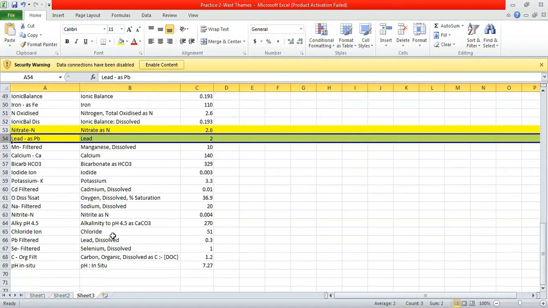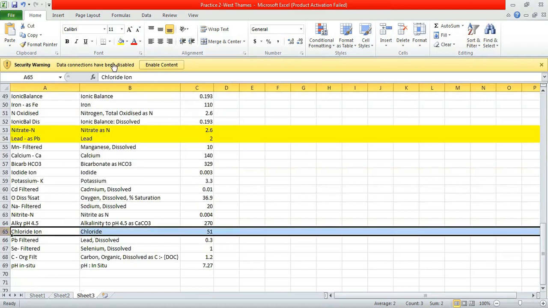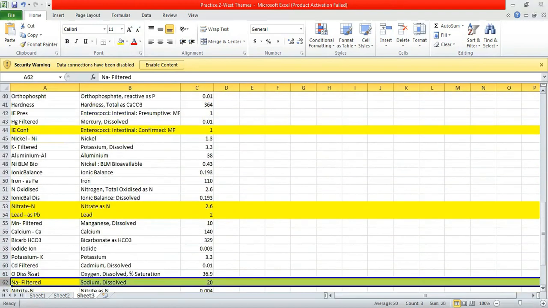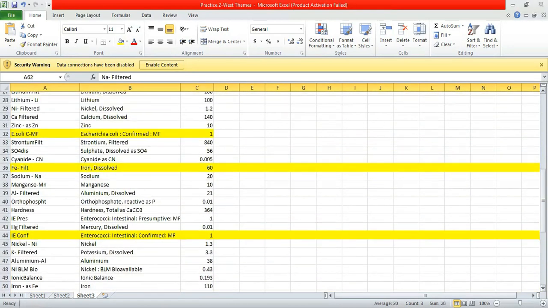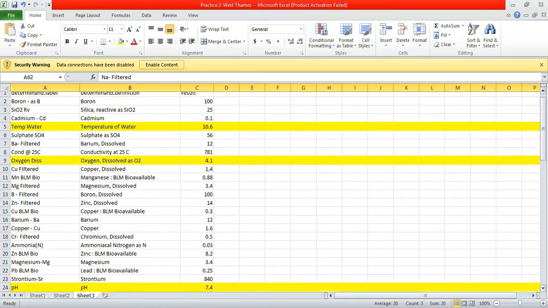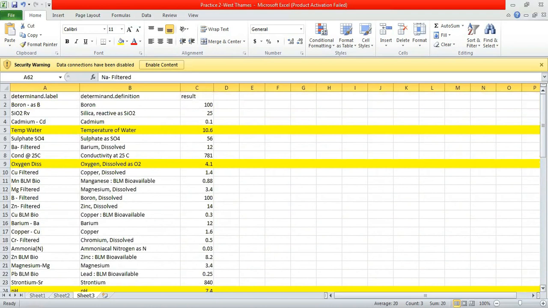Okay, we need chloride. Okay, so I think this is what we also need. Maybe we need sodium, I think. So yeah, this is for our analysis, and so it's now